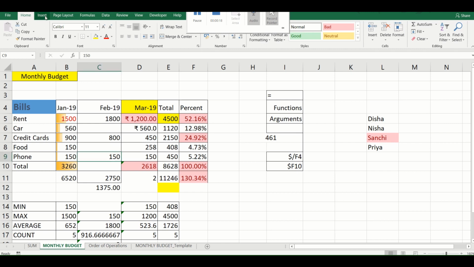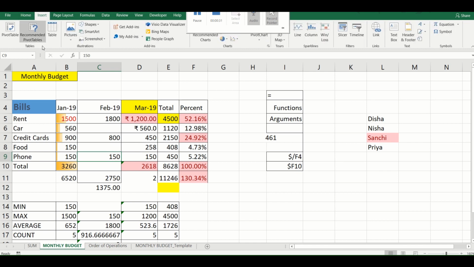ठीक है, so insert tab in Excel is only important because you add some visual content to your worksheet just to make it look a little bit clear and appealing. So यहाँ पे there are two new things. One is your pivot tables and the other thing is called slicer. Of course, slicer option will not be available in the पुराने versions. 2003 2007 में slicer option नहीं होगा. In the